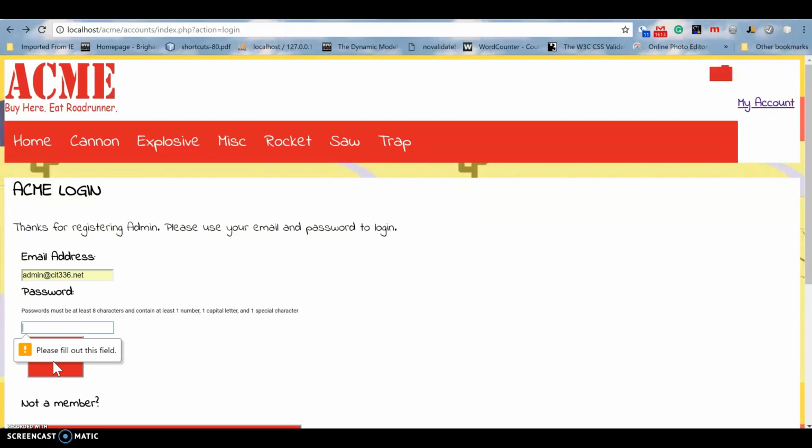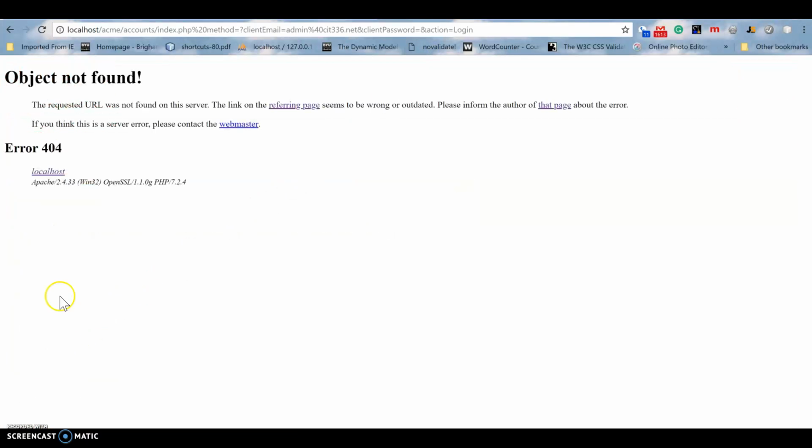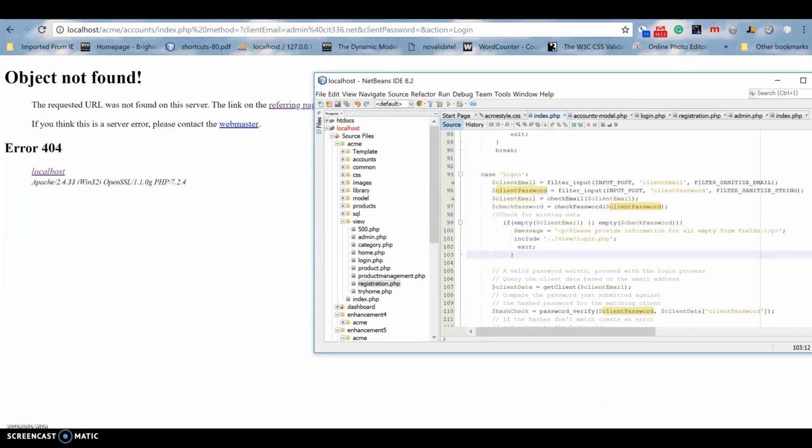And the client-side verification works. It says, please fill out this field. But if I push non-validate and submit, it takes me here too. So I was wondering, it's got to be here in this login,